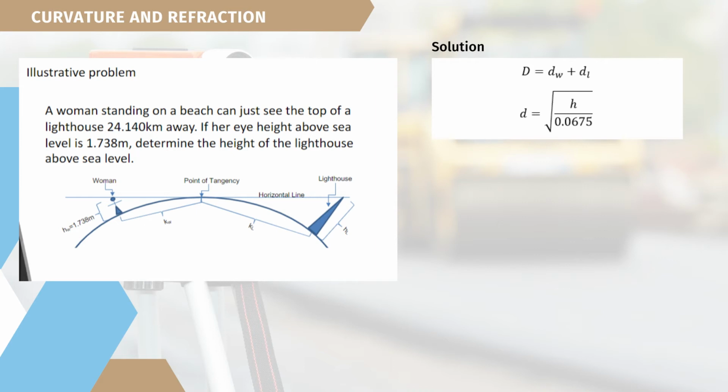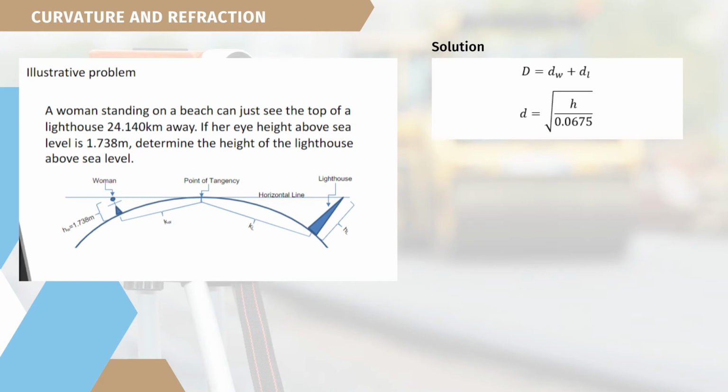Now, we know that the total distance from the woman to the lighthouse is equal to the distance of the woman to the point of tangency added to the distance of the lighthouse to the point of tangency. And to get this distance, we have the square root of the height divided by